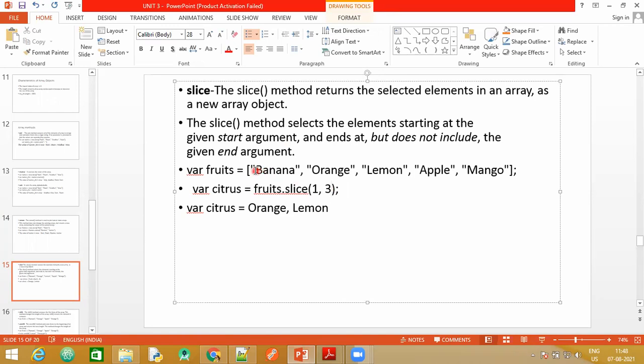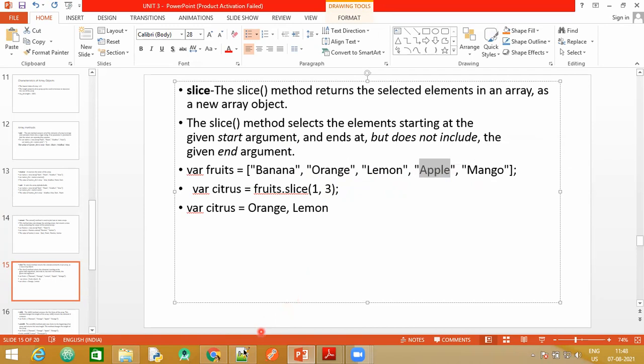So this particular array fruits contains these elements. When I have said fruits dot slice and 1 comma 3 is given, how is it going to work? It will start from index 1, which is orange, and will work only up till n minus 1, that is, only up till 2. So this is the second element. Which is the third element here? The third element is apple. But this third element will not be included. So 1 comma 3 will give you the output only for 1 and 2. Only the first and second element will be included.